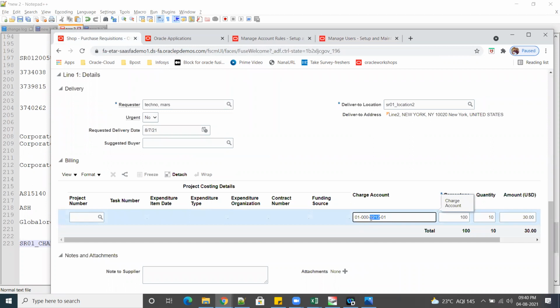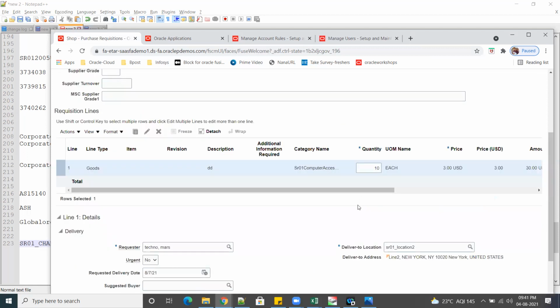Correct, right, Harsh? Yes, correct. So 1212 we had selected in our rule for this category. So that is the reason the system will be defaulting this charge account. In a similar way you have to do for the remaining, like inventory. For example, inventory organization wise, charge account organization wise, we have charge account sub inventory wise. If you want, you can define your accounts. There are plenty of accounts, but this is just a small example, right?